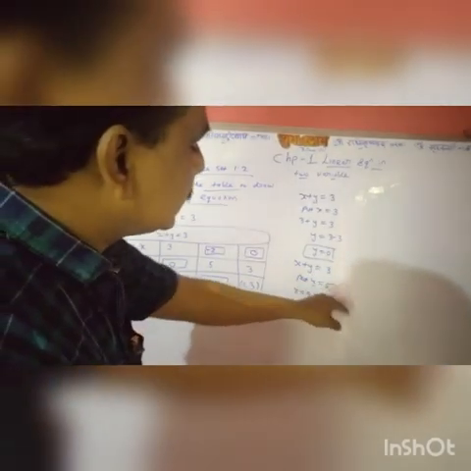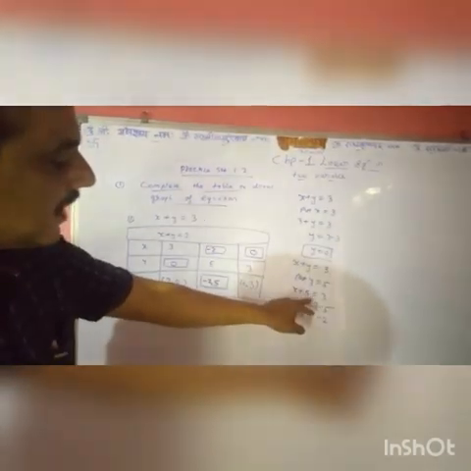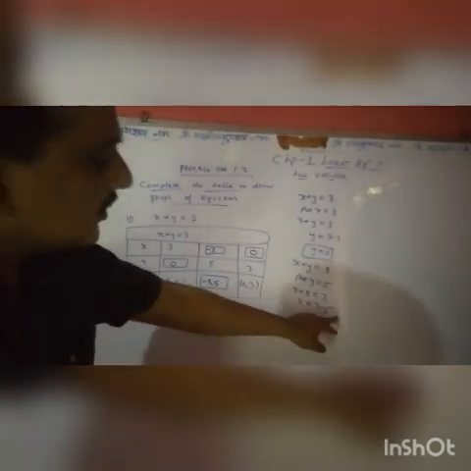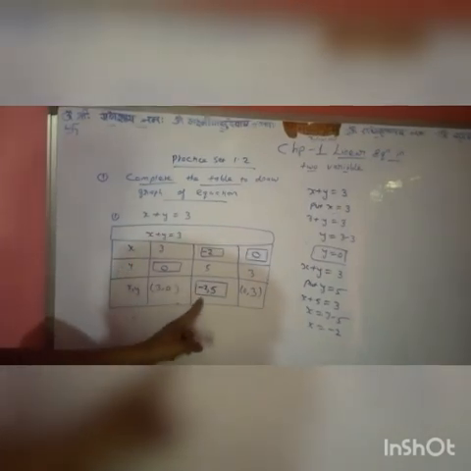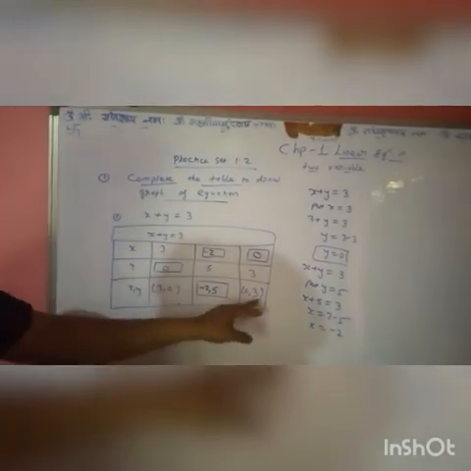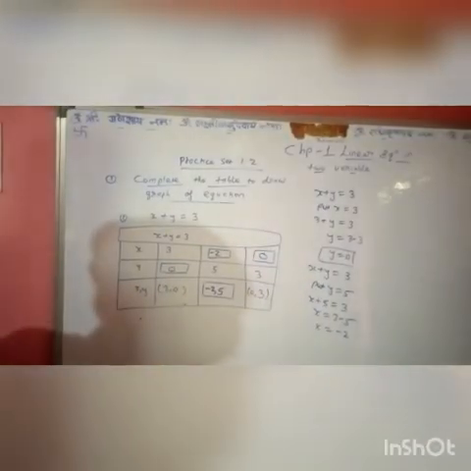Similarly in the second, x plus y is equal to 3. Put y is equal to 5. x plus 5 is equal to 3. x is equal to 3 minus 5. x is equal to minus 2. Here, but write x and y: first we have to write the value of x and then y. Here 0 and 3. x is equal to 0 and y is 3.